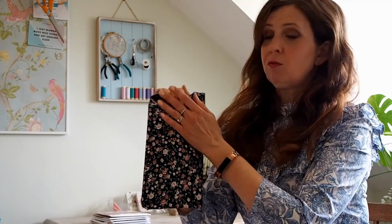Also with these patterns, when I'm making particularly a doll, I keep all of my little extras. So maybe you've seen a fat quarter you like, or maybe you've seen a beautiful fabric you're making for yourself and you just want to buy that little bit extra. I've got a little Ziploc bag in my sewing room, and I keep all of my little pieces of fabric that I want to use for doll making in that bag, and they're there and ready to be made